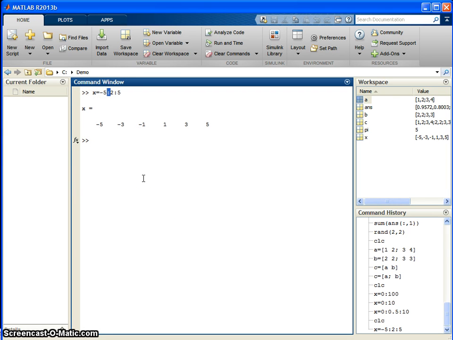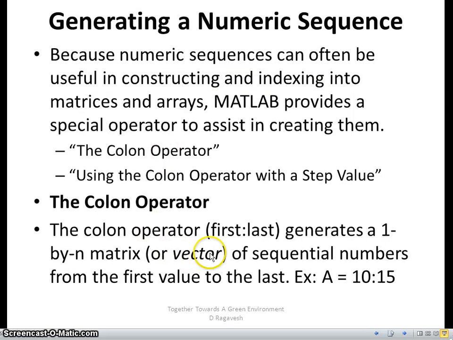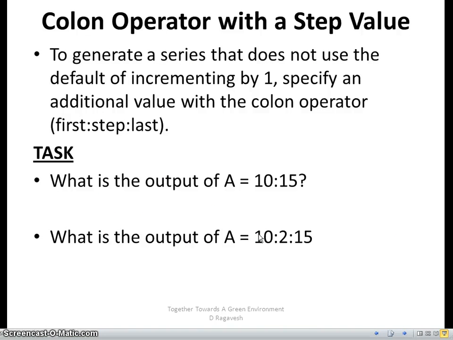It's a very powerful command and very helpful to generate a known sequence. So you can say the first value and the last value, or the first value, step value and the last value. And you may try to work on this task by printing the results of the following MATLAB command.